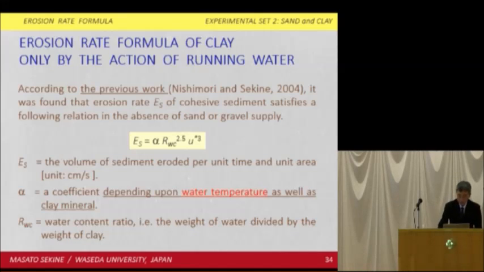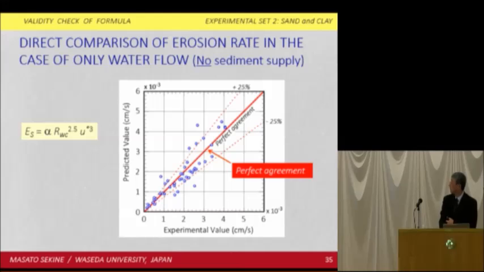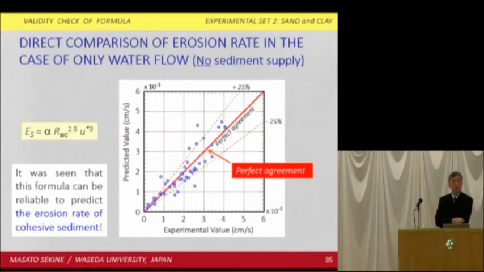We have to hurry up. And in order to confirm the validity or accuracy of these equations, direct comparison was made between them. It was seen that this formula can be reliable to predict the erosion rate of cohesive sediment only by water